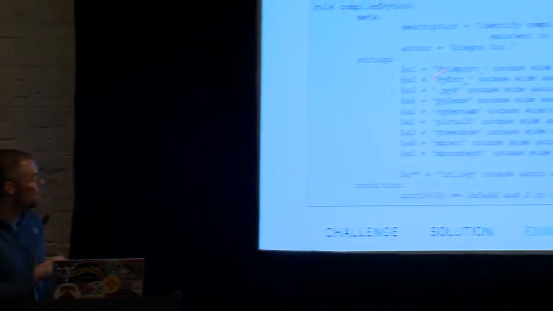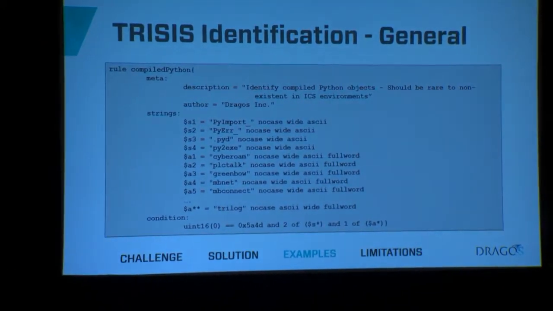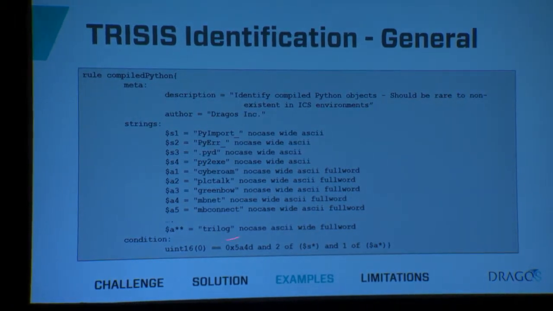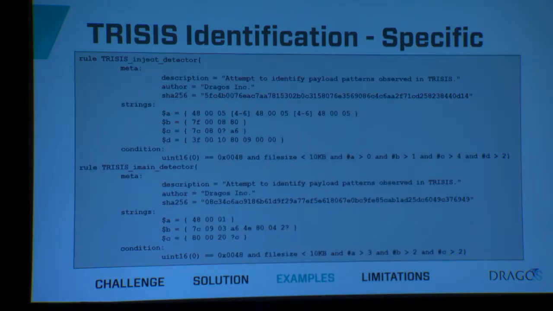So in this case, at a general detection level, this is something just to look for all things that look suspicious that happen to be compiled Python. So look for a few flagging items that identify things like py2exe, et cetera. But then, because we're talking about contextuality to the environment we're defending, look for the sorts of software that we're trying to look for, including the Tricon safety software. So anytime I see something along these lines coming into my network, that's something I want to investigate because it shouldn't be there. On a more specific level, and this is post hoc, not pre-event, then, all right, I've got